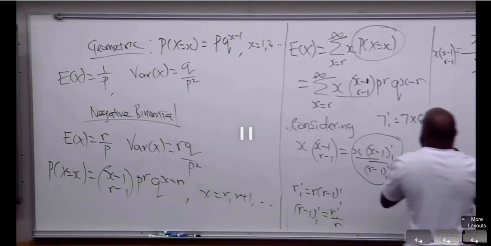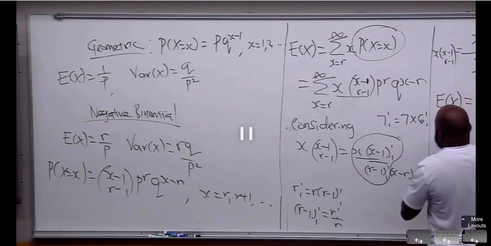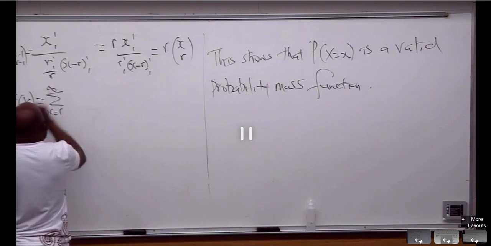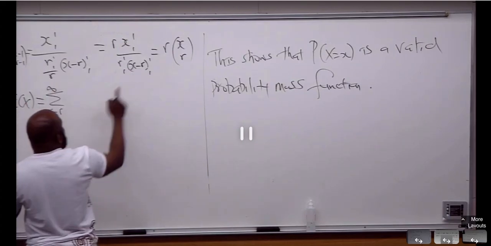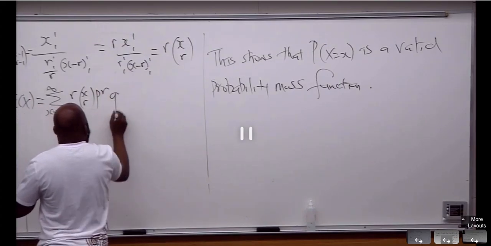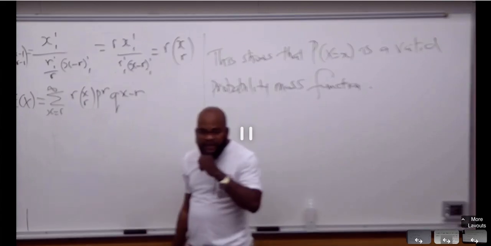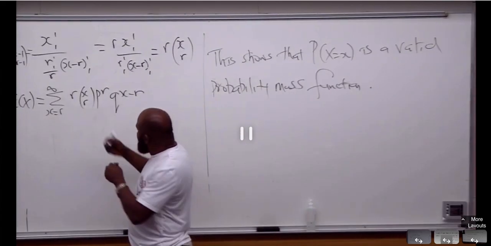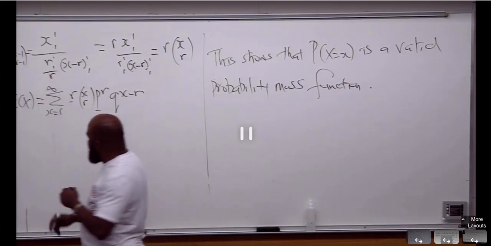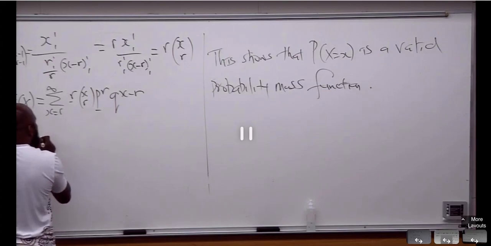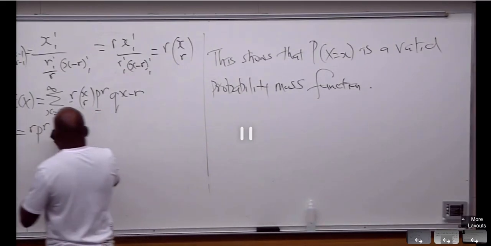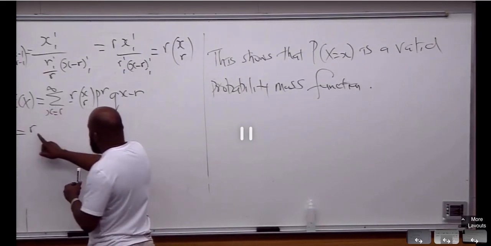Expected value of x equals the sum of x, from r to infinity. Here, I'm actually going to have this, then that, and this guy. This is what I have right now. Then I want to bring this guy out. I want to bring them out. Now, this is going to be r, p to the r. If I bring this r out,